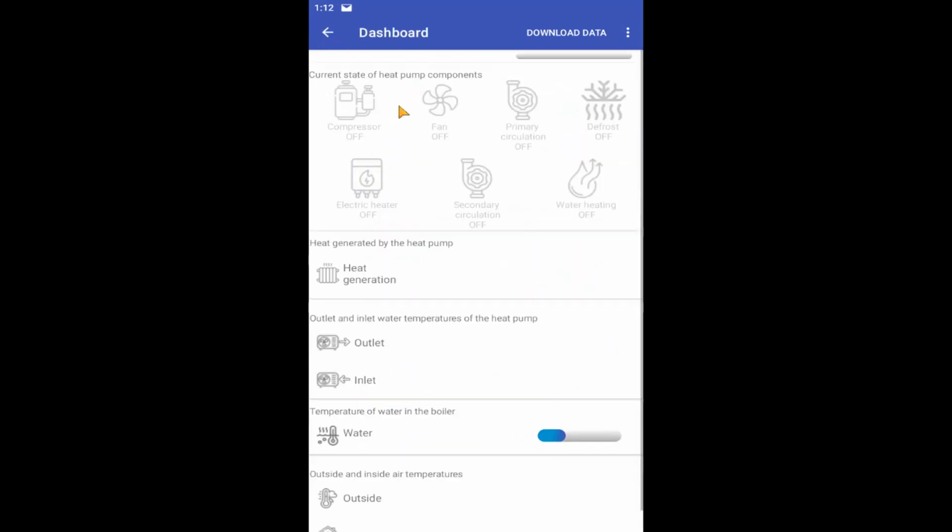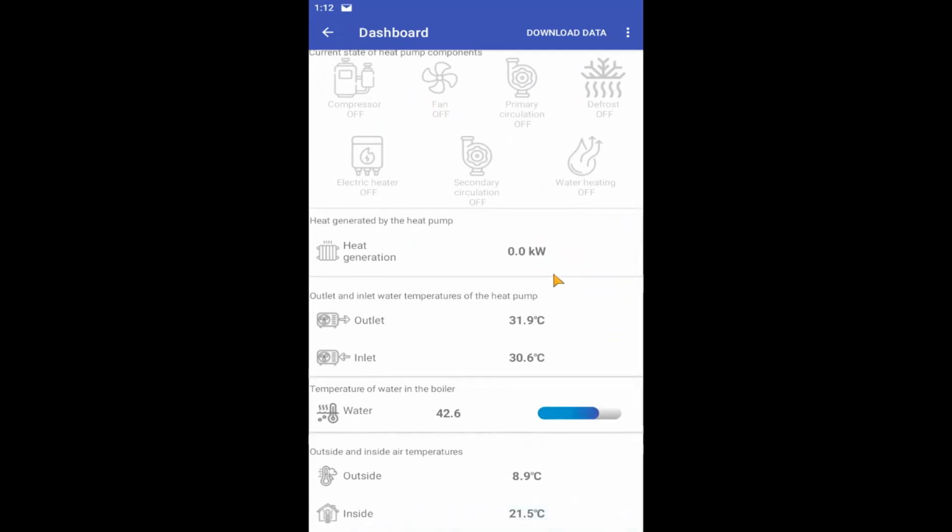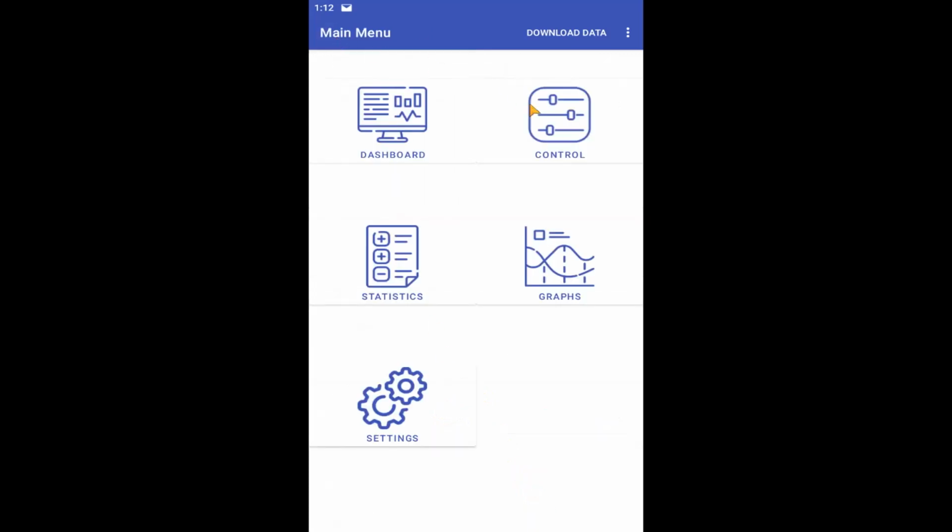So, let's go back to the application, how it looks. When we display the basic page of the application, we see that we have information that the pump is not heating at the moment. So let's heat up the hot water for a moment, so we can see how these icons change. We see the output temperature on the water heater. We see what the demand, or rather what the value of the boiler temperature is. We see the indoor and outdoor temperatures.